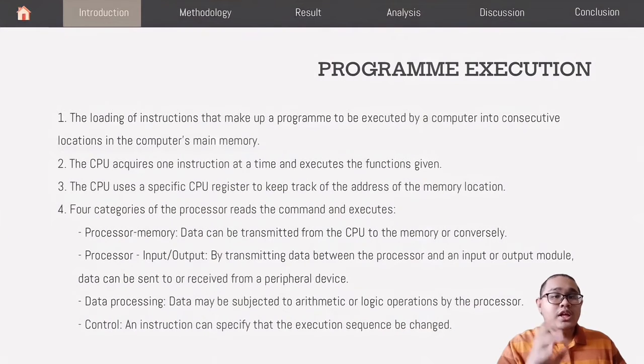Okay, so program execution is the loading of the instructions that make up a program to be executed by a computer into consecutive locations in the computer's main memory, and the CPU requires one instruction at a time and executes the function given. It also uses a specific CPU register to keep track of the address of the memory